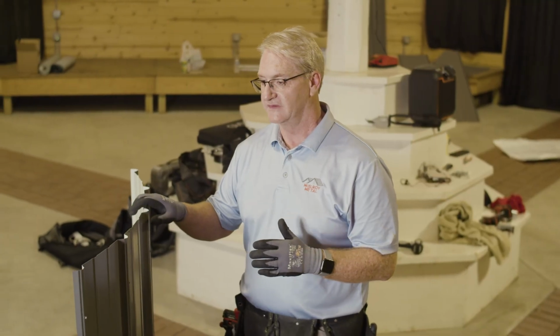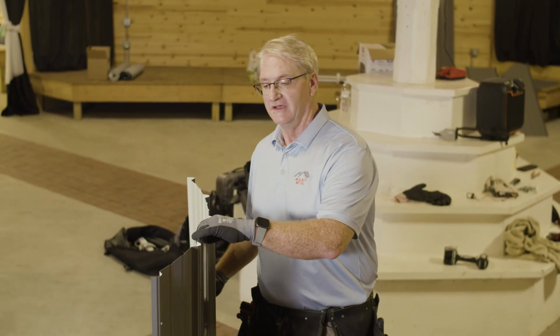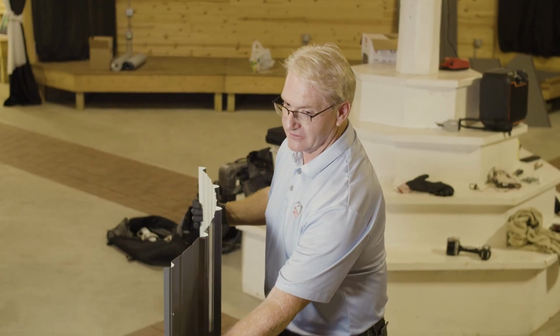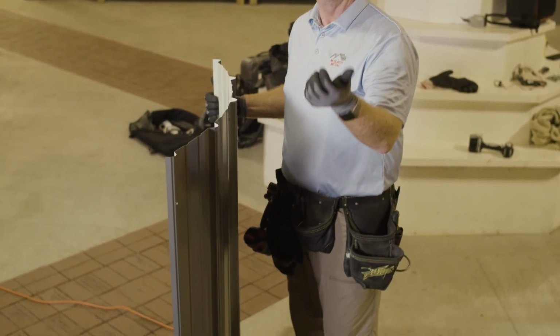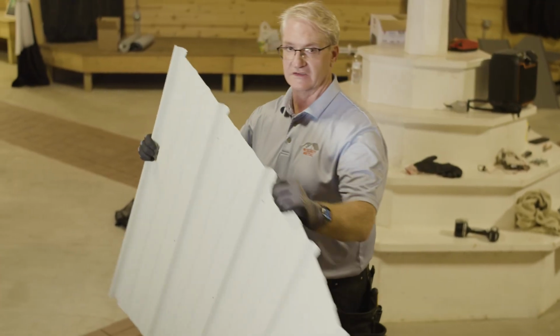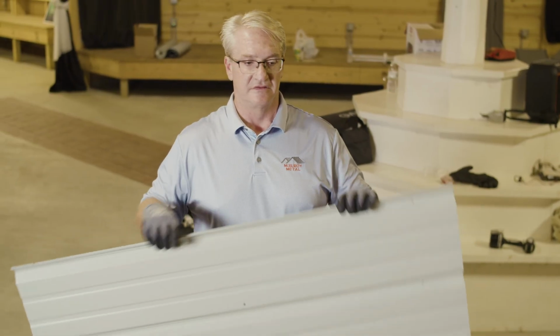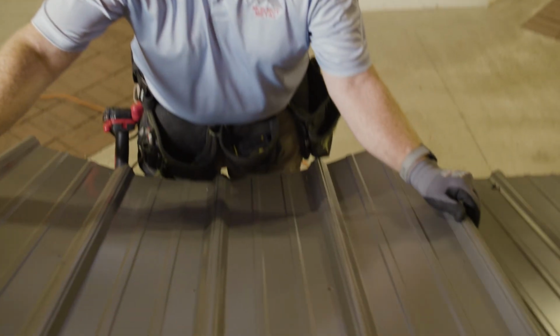One thing we like to also explain to customers is when you're carrying panels, you don't want to put your hand here because it has a tendency of moving that rib up a little bit, so it distorts that. So we suggest if you're ever carrying a panel, you carry it like this. You go very gently, get ready,